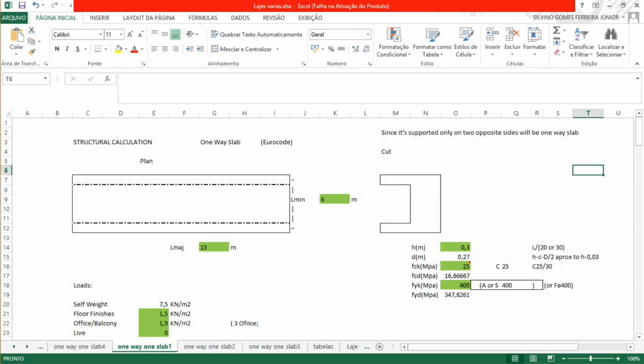Good afternoon. We're going to start to calculate a one-way slab to know the reinforcement. So we have this slab and it's simply supported on the major side, along the major side. It will be 15 meters the major side, 6 meters the minor side. Here on the cut you can see this is the slab and it's supported here by